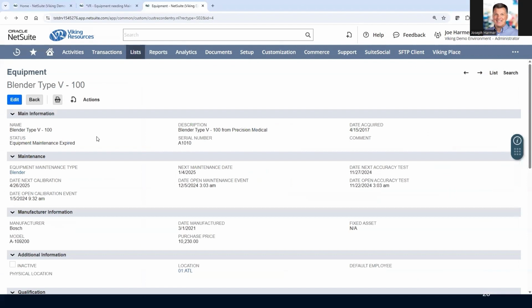Here we see the blender type V100. We find the name, description, and serial number associated with this piece of equipment. We also find the status. The status can be used in a total quality management environment to assure equipment not maintained is not used to avoid non-compliance. In the maintenance section,